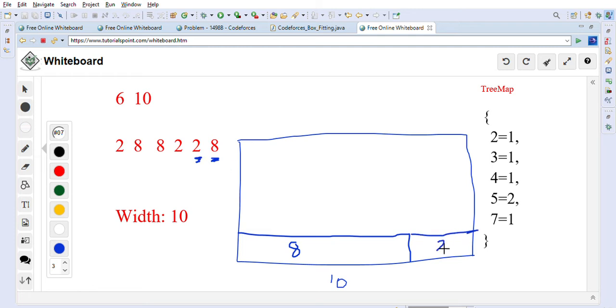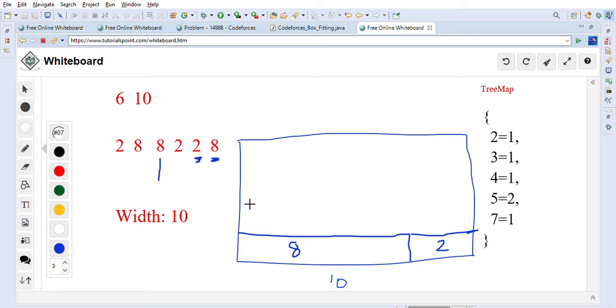So once we put these two rectangles, the 8 and the 2 width rectangle, we don't have any space left, right? Which means that we have to go to the next row now. So again on the next row we will go with the largest possible width which is available, right? So this is the largest width available.